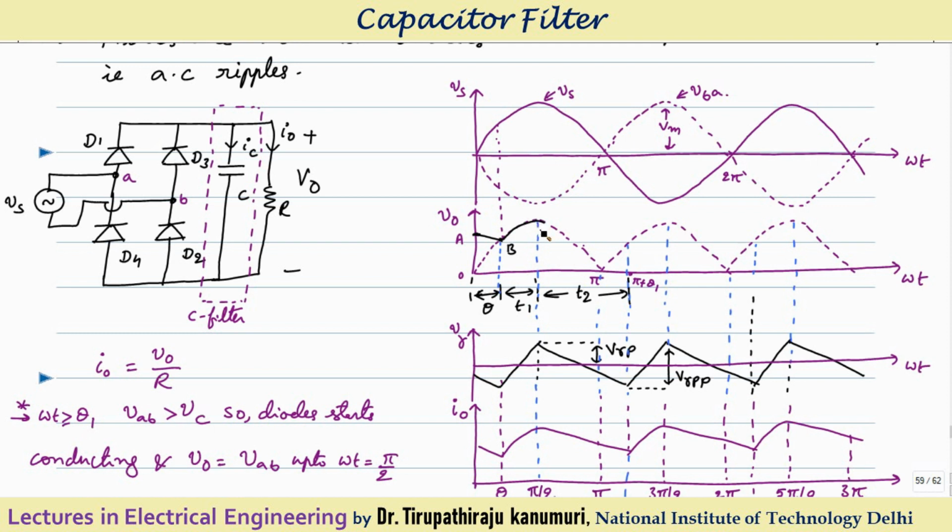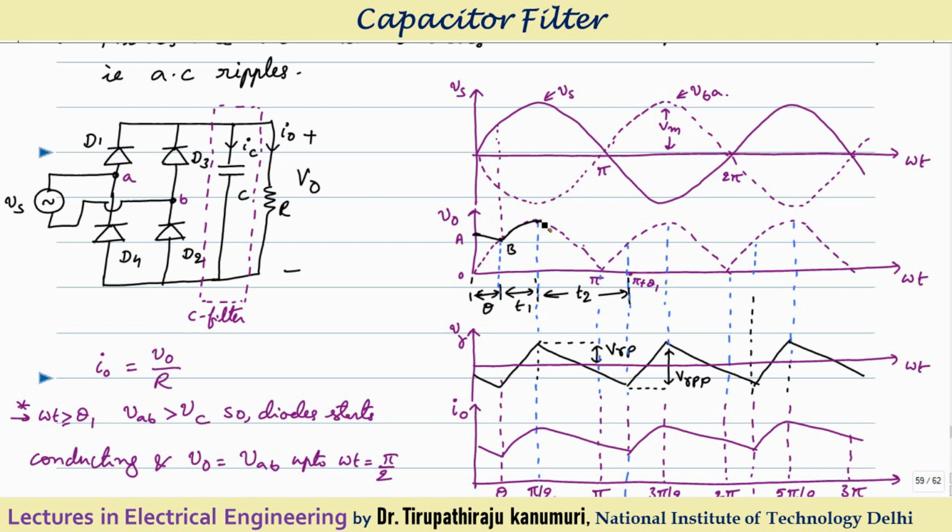Let us assume the capacitor is charged, because this voltage is applied across the capacitor also. As the supply voltage is greater than the capacitor voltage, IC will start passing and the capacitor will start charging. Let us assume the capacitor is fully charged until it reaches the maximum voltage. So once it reaches the maximum voltage, now what happens?